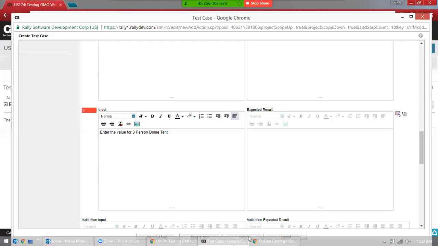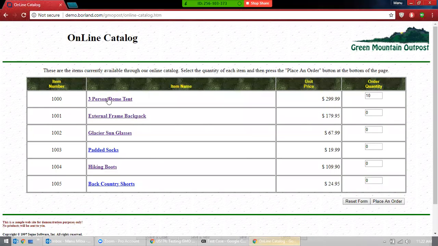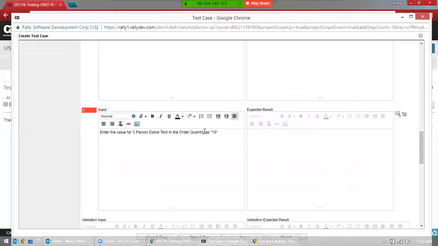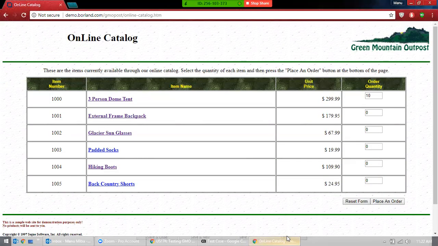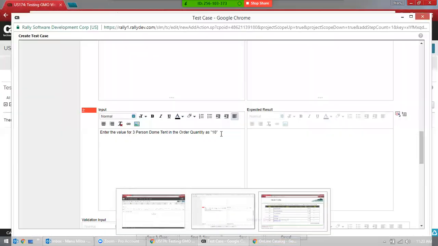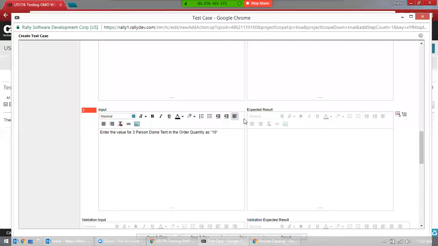So enter the value for 3% dome tent, and the order quantity you want to put as 10, and click on place an order button. So that means you're trying to say: enter the value for 3% dome tent in the order quantity as 10 and click on place an order button.